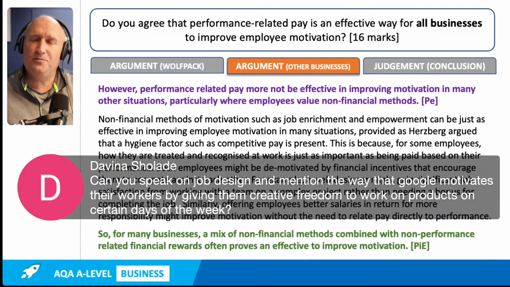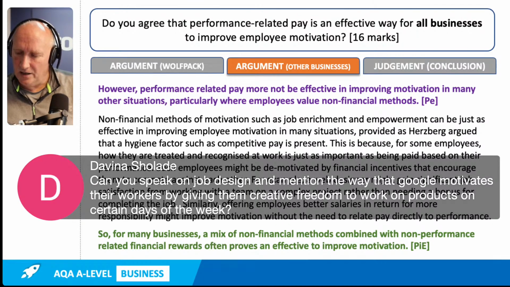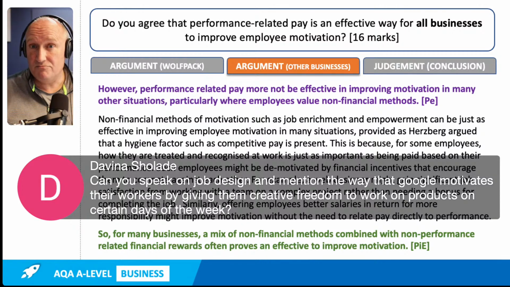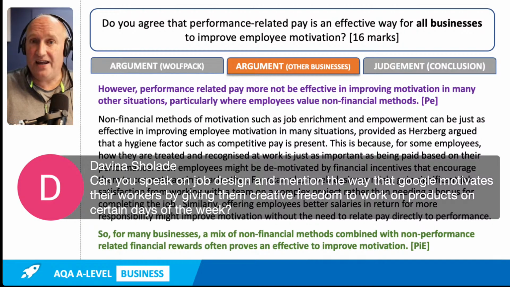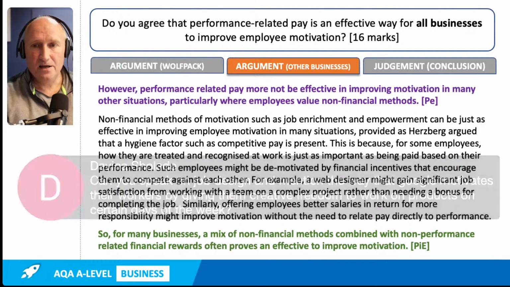Specifically, motivation, and in particular performance-related pay, can be examined in paper 2. But job design, I don't think is examinable in paper 2, let me check that. Pretty sure it isn't, but I might be proved wrong. And indeed it's not. So you won't get a question on job design, Hackman and Oldham, but you can bring it into your answer. Of course you can, because it's a good example of how jobs can be organised to give people greater job satisfaction and make them more motivated, which aren't necessarily related to performance-related pay. And I love that example that you've put on screen there from Google.